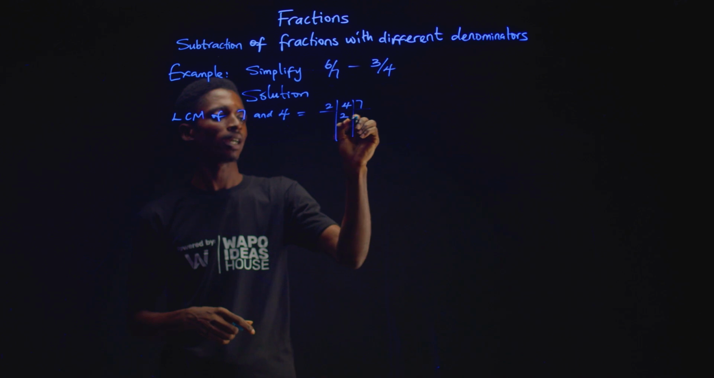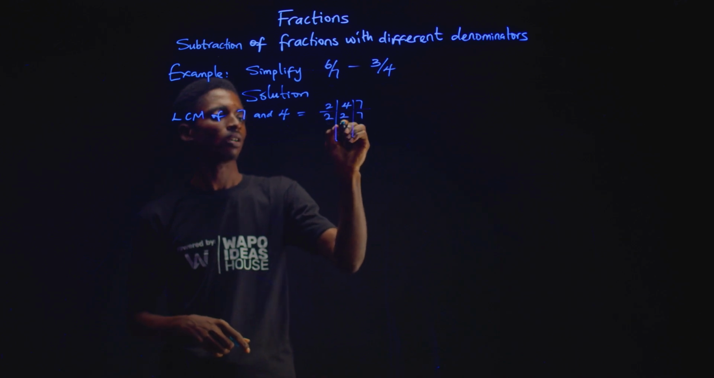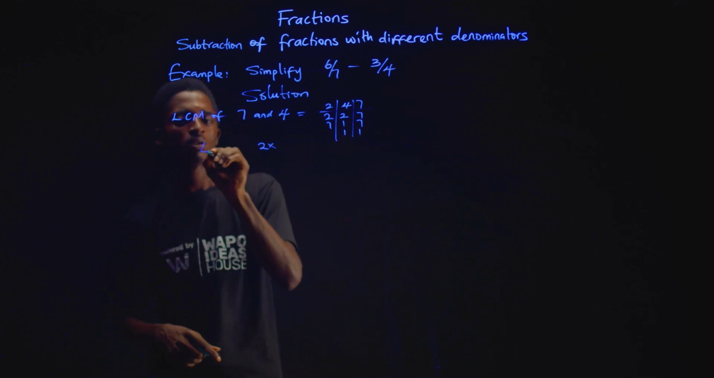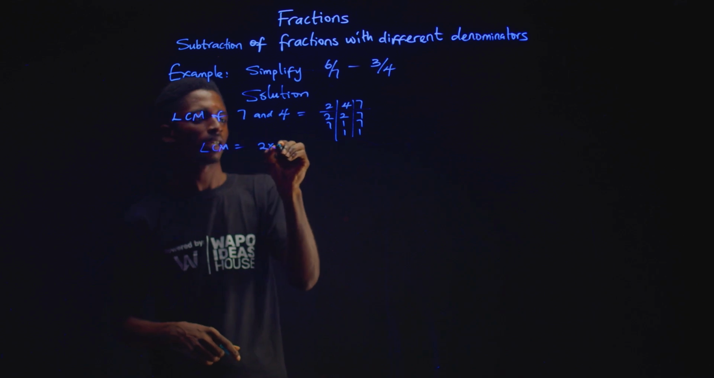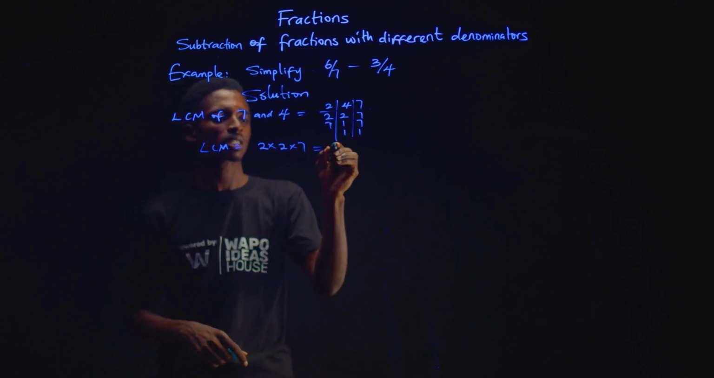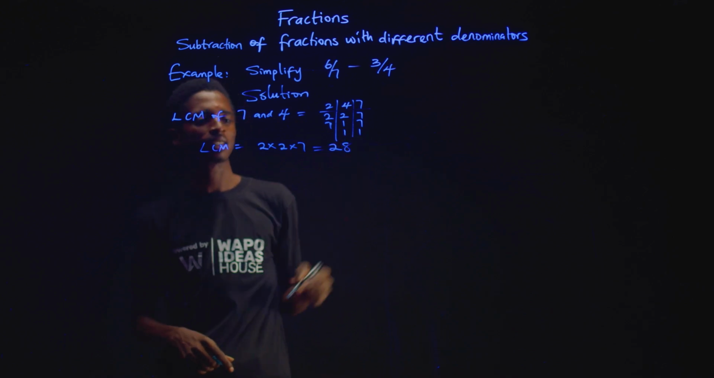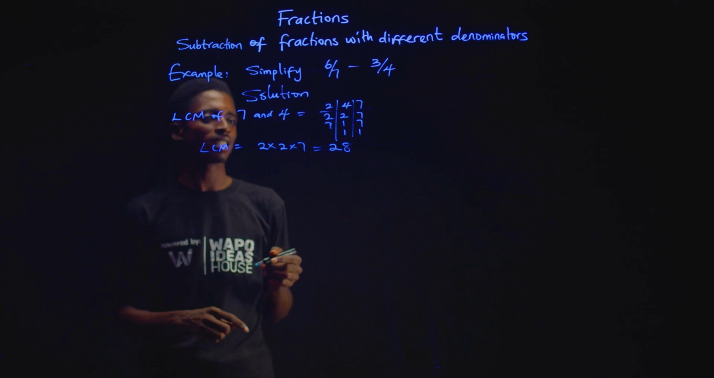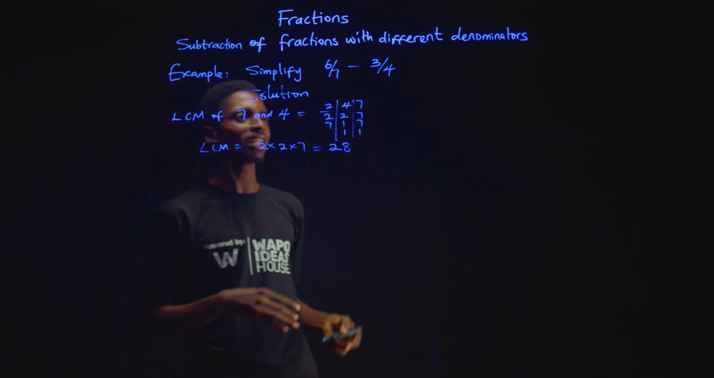2 goes twice, and then 7 once, then 7 goes once, like this. So our LCM becomes 2 times 2 times 7, which would give us 28. Right. So now that we have the LCM, we find the equivalent of each of the fractions